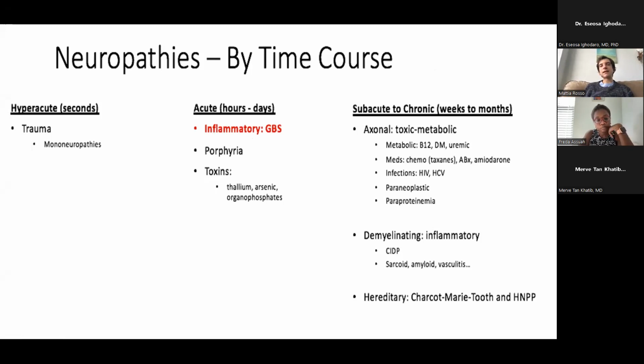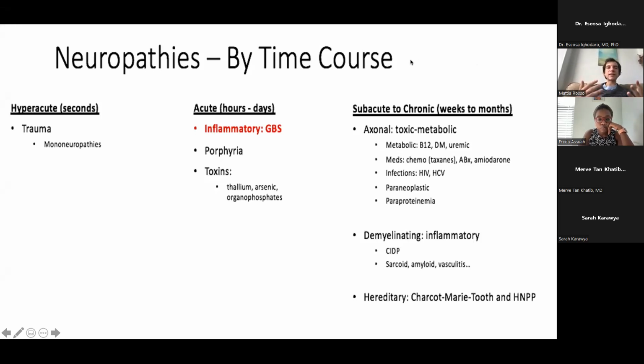And then the tricky part becomes when we're out of that acute window, and that's most of what we deal with, along with GBS as well and isolated neuropathies. But it's important to know that whenever we have a patient in the clinic, it's mostly going to be in this group here. And there, we're really using our investigation into red flags to know how deep we should go.